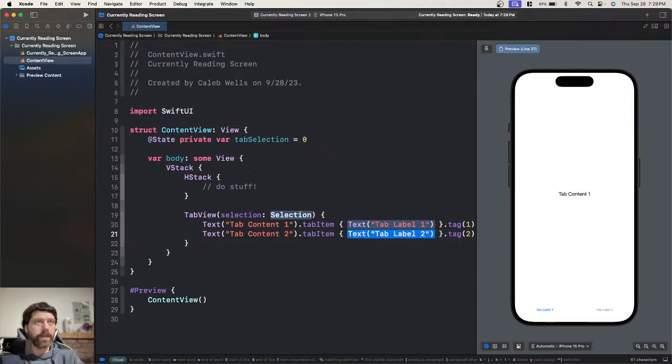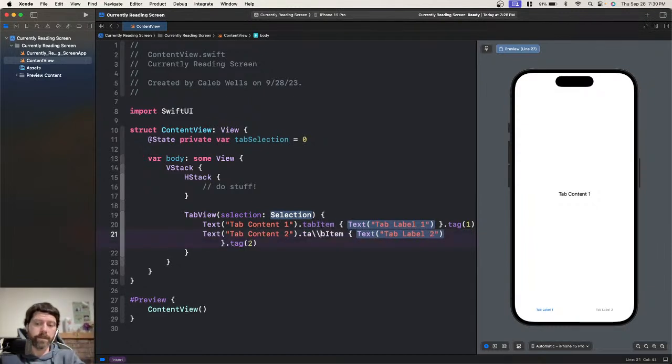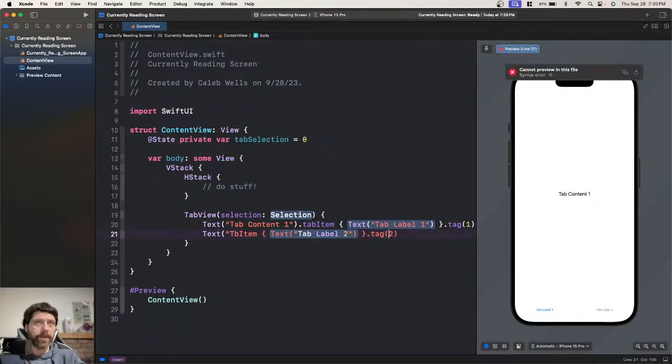So let's see. Let's go E to go to the end of this, and B to go back one. B to go back one more. And then I'll go insert so I can delete. Insert, delete, delete, delete. Probably a faster way to go, deleting whole lines. Alright, and then